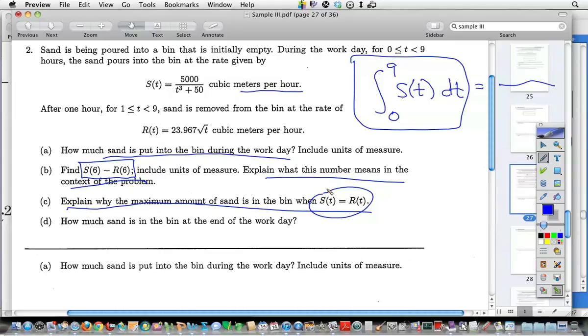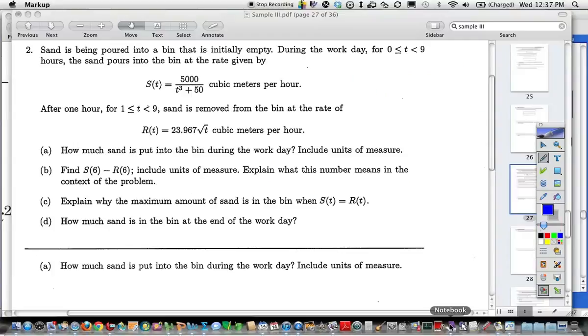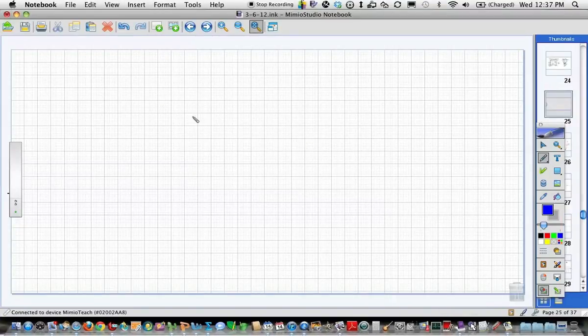I would like to talk here just a minute about a more, well, let's do this since I'm recording this. I would like to talk about a little more calculus way of explaining that as a max and see if this makes sense to you. Go back to question 1, or A and B, parts A and B. If they want the max amount of sand in the bin,